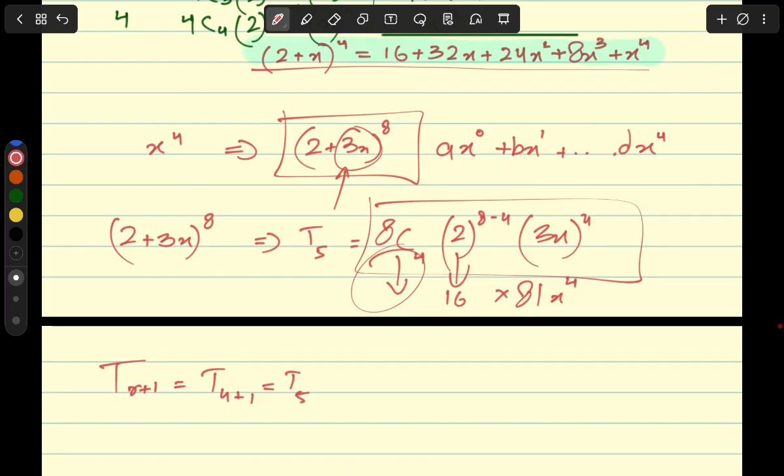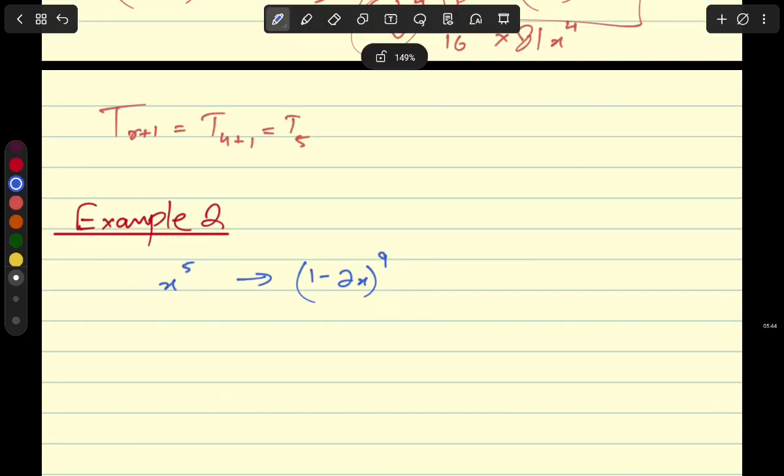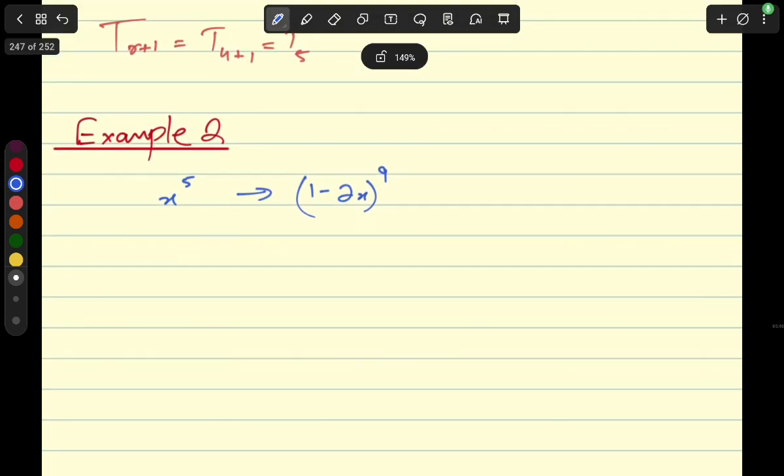Notice we expanded absolutely nothing, and that's exactly how Cambridge wants you to think. Never do unnecessary work. Okay, so now let's take another example. Let's find the term that contains x power 5 in the expansion of (1 minus 2x) to the power of 9. Now again, as the ascending order dictates, x5 is going to be the sixth term, so this is going to be term 5 plus 1, that is term 6,